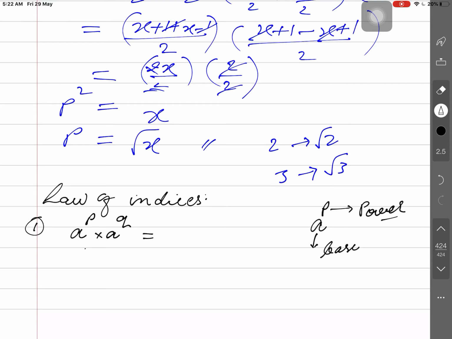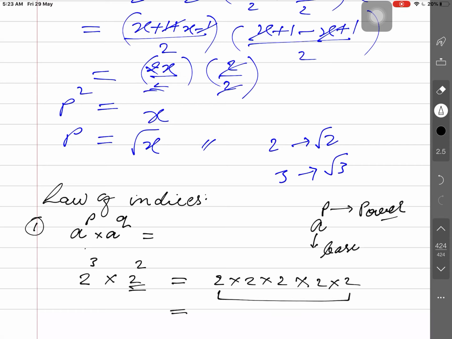So, it means if the two exponents have the same base but different powers, then this can be written as follows. You can perform an activity here, just like 2 to the power 3 and 2 to the power 2. 2 to the power 3 means 2 into 2 into 2. Is that clear? Into 2 into 2. Now, how many altogether are there? Tell me. 1, 2, 3, 4, 5 times it is occurring here.